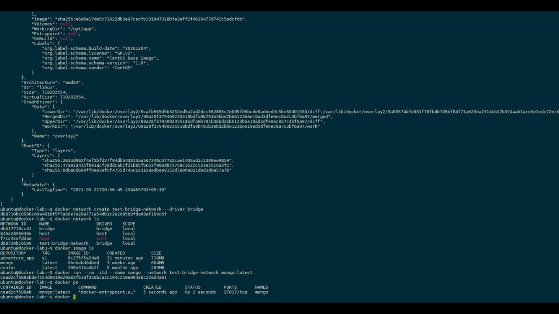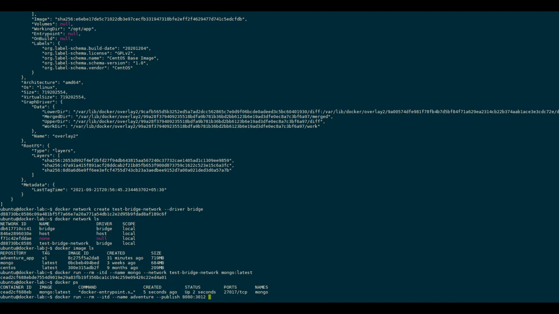Now next we will use our custom image to start the node container. For that we will publish the port 3012 to host port 8080.